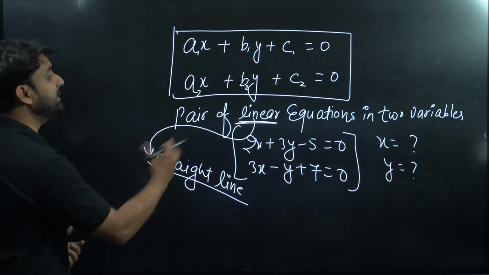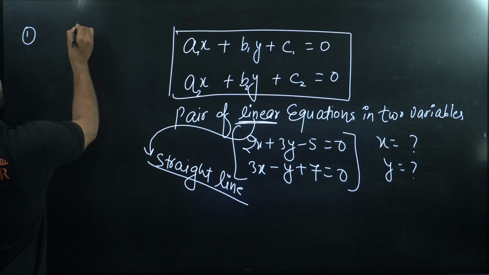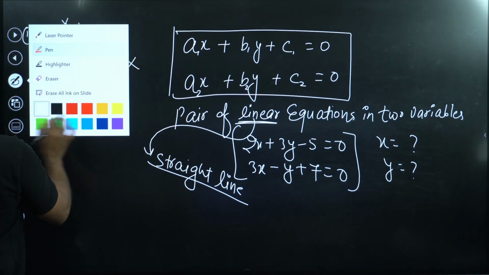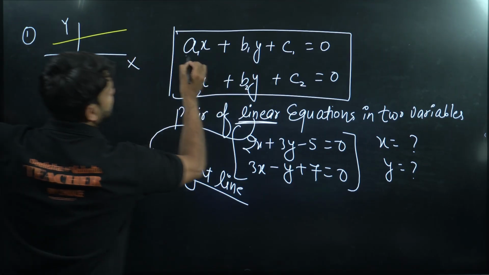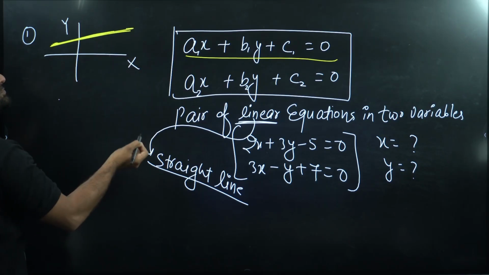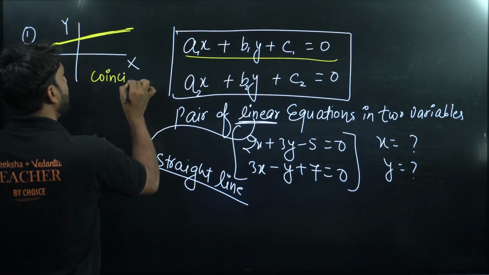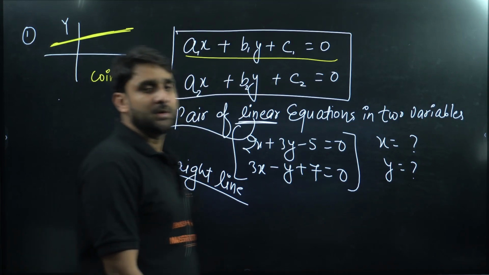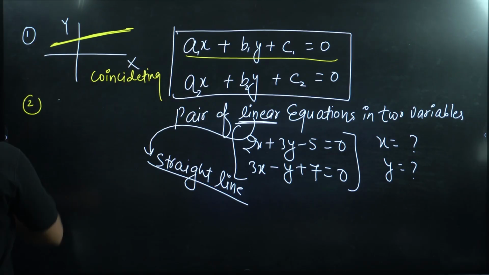So when you will be drawing the graph of these equations, let's say this is the x-axis and this is the y-axis. This is the first straight line because this is a linear equation, and the second may also be on the same line. So the first possibility on the graph paper is that they will be coinciding. They may coincide, right? And the second possibility is